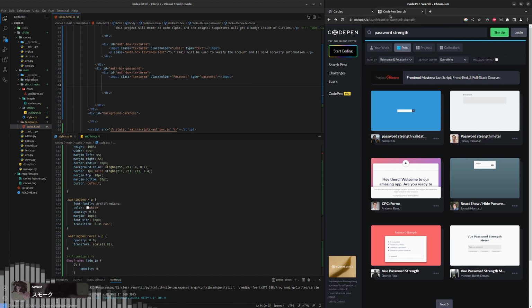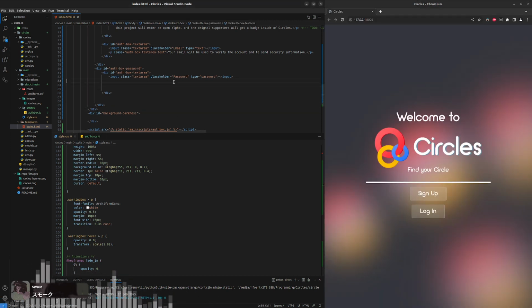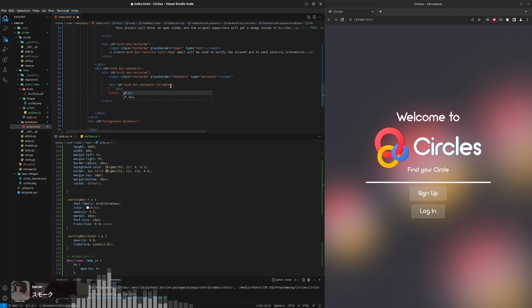What, just 3 separate divs that we style? Okay, so we'll do div, auth box, password, validate, and then we'll have another div with